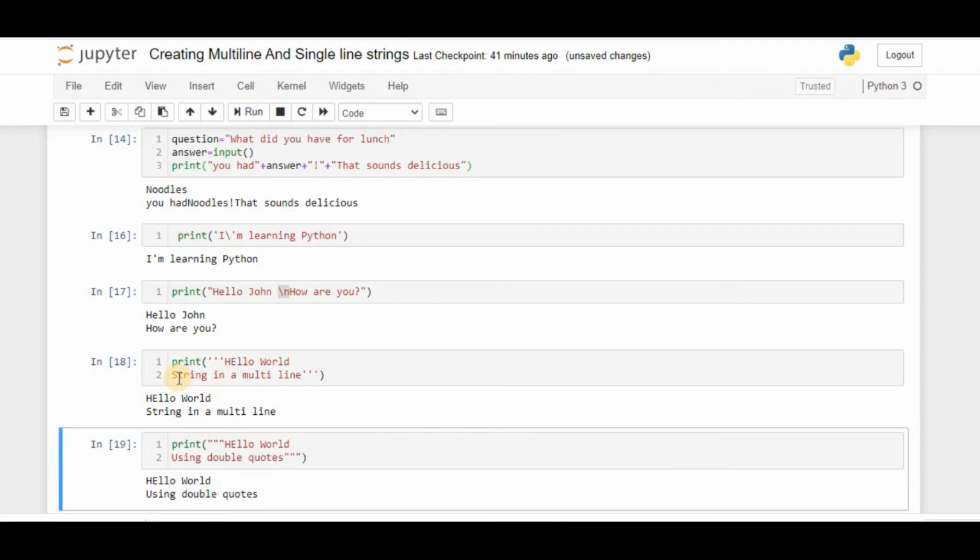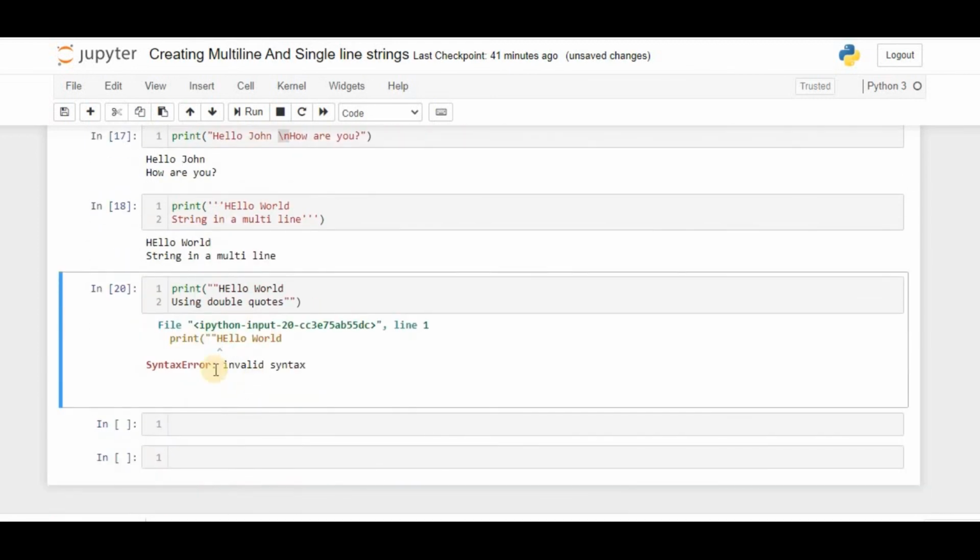See what Python is going to show. Here I used three double quotes, that is the reason Python is showing this. Now if I remove one quote, it is going to throw an error, invalid syntax, because Python did not understand this.